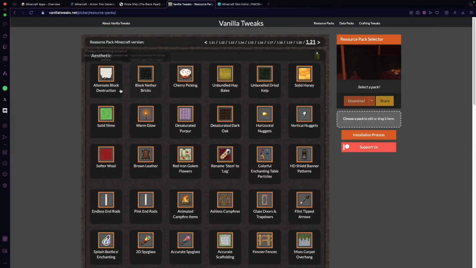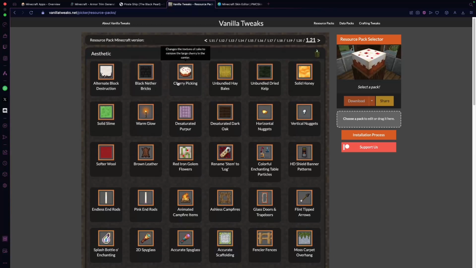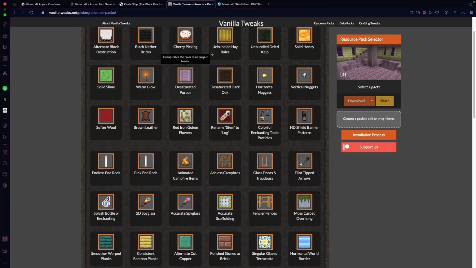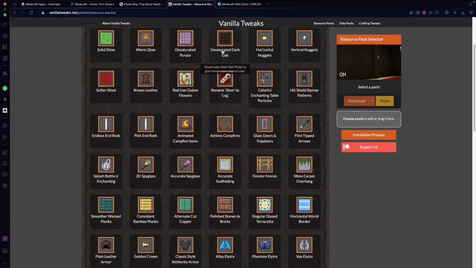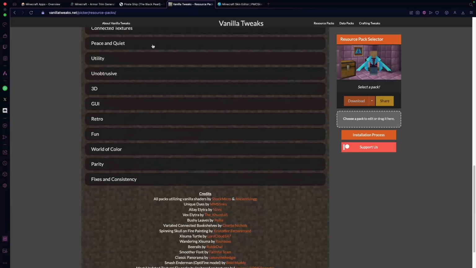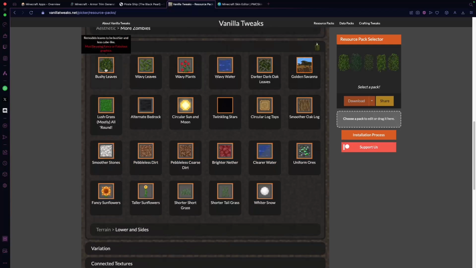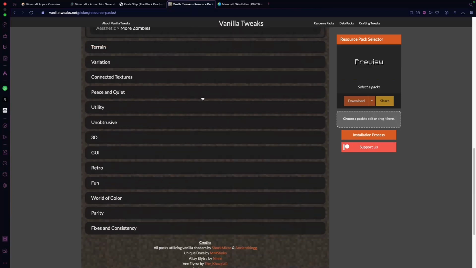So for example, let's say I want an alternating block destruction, or I want black nether brick, or cherry picking, you could have a huge cherry in the center, or you want unbundled hay bales, a bunch of different textures. You can change terrain, like bushy leaves, wavy water, and all that stuff. You can also use